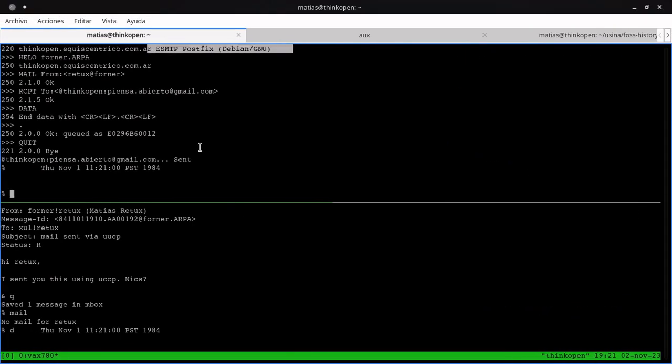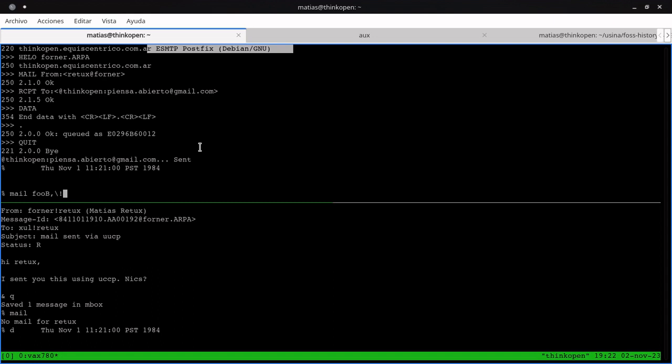Something I forgot to mention when we talked about the UUCP mail is that the UUCP mail address was in fact a routing address. That means that within the address we set a full route that the message should follow. So if, for instance, I wanted to send an email that had to traverse 2 or 3 servers, I had to write something like this: